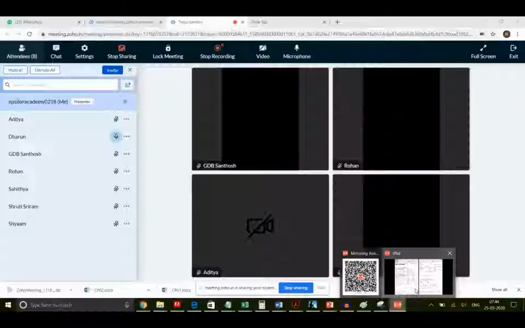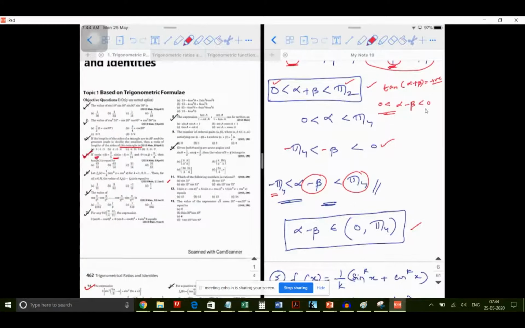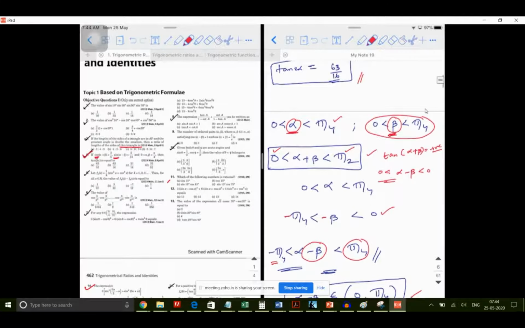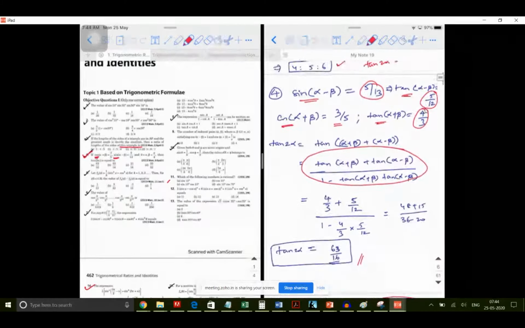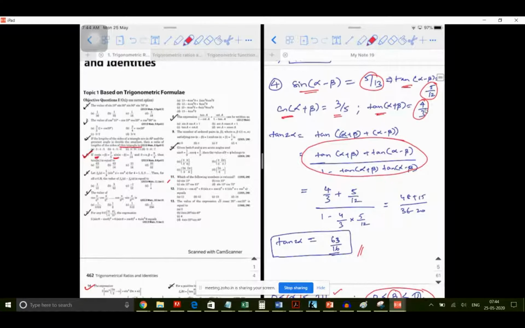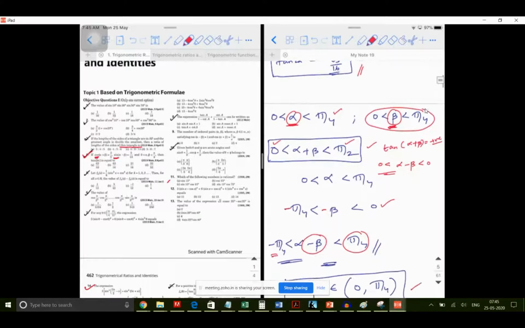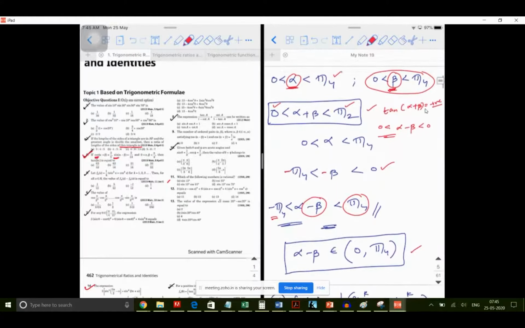Yeah, sir. From the beginning now, you're talking about the importance of alpha and beta or the problem itself? Problem, sir. See, the problem, I'll share it with you. I hope it is self-explanatory. You will understand it easily. I'm just concentrating on why the range of alpha and beta is given. Okay, so that is what I'm trying to stress upon.